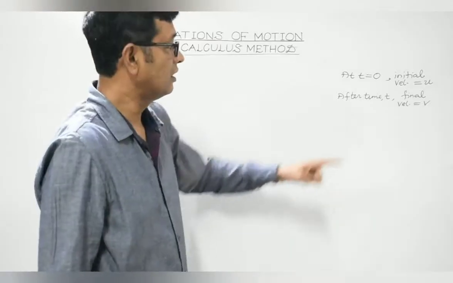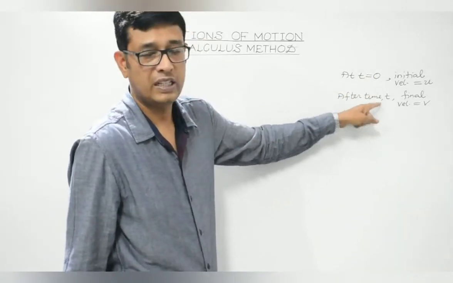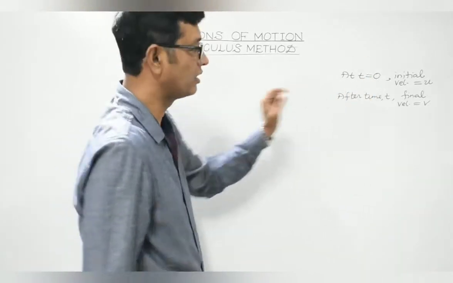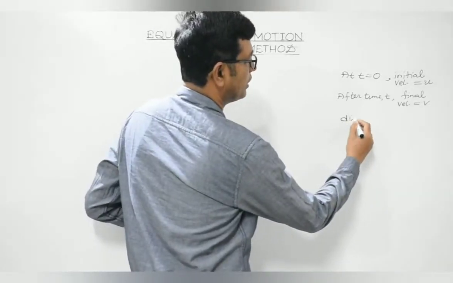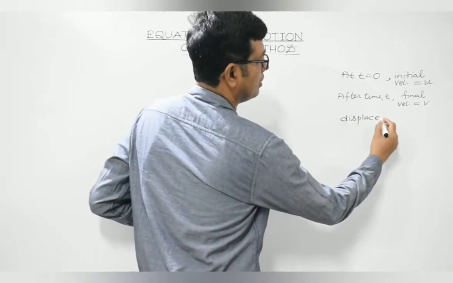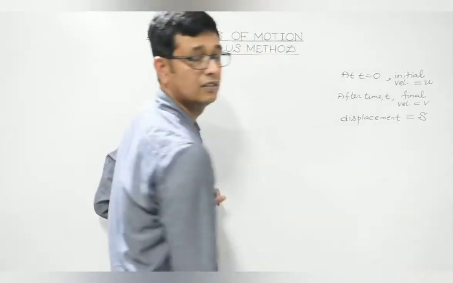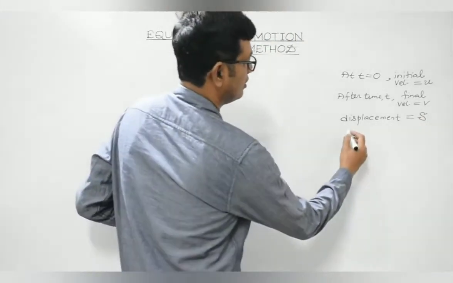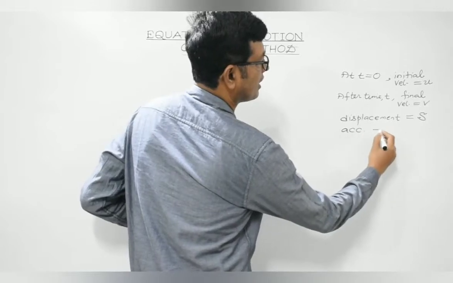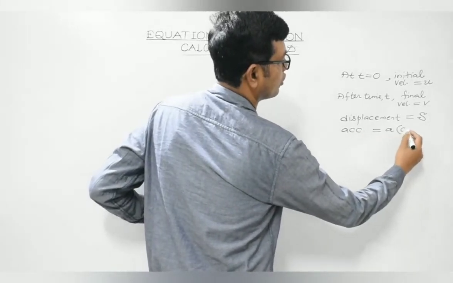And students, during this time t minus 0, that is t time, the displacement of the body is considered to be s, and the body possesses a constant acceleration, that is a, which is constant,